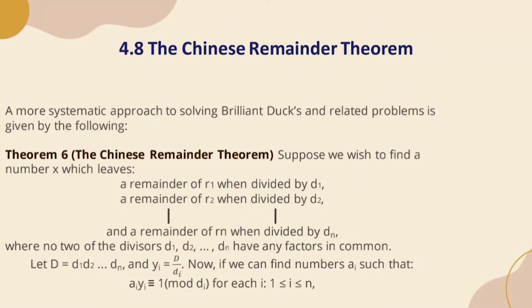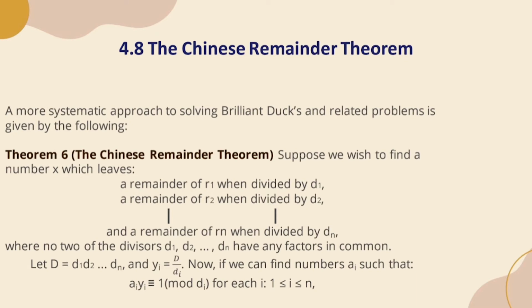A more systematic approach to solving Brilliant Duck and related problems is given by the following. Theorem 6, the Chinese remainder theorem. Suppose we wish to find a number x which leaves a remainder of R1 when divided by D1, a remainder of R2 when divided by D2, until a remainder of Rn when divided by Dn,